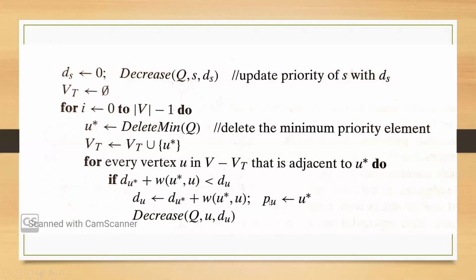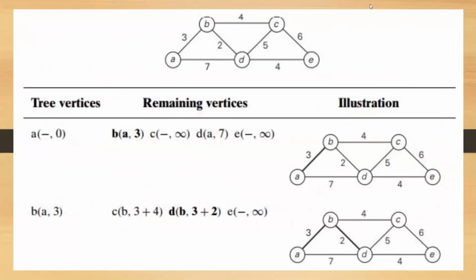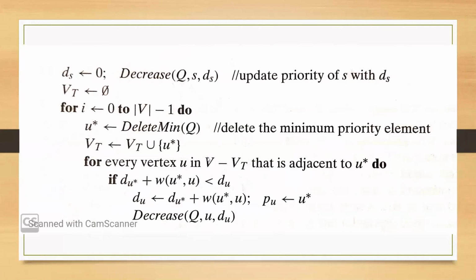So now for B, after updating the value of B, now for B, A becomes the parent. After updating the value of D, what happens? You have to update the parent of D as A. So like this, you are supposed to do for every iteration. Hope you understood this. So once that is done, now the distance is updated. Distance of u is updated. So updated means what? There will be a larger value initially, and that will be updated by a smaller value.